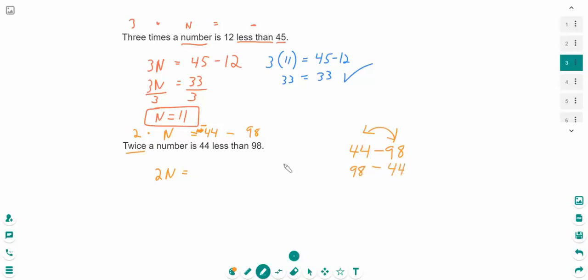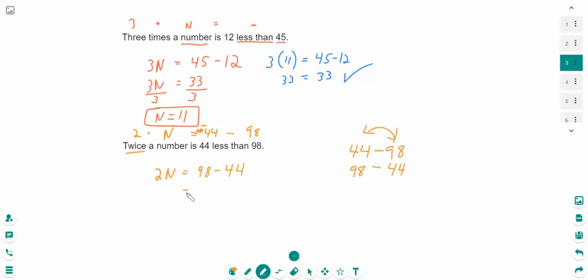All right? So make sure you don't fall into that trap. It's not 44 minus 98. We're not taking away 98 from 44. We're taking away 44 from 98. All right, so make sure that's clear in your head, because that's probably the most common mistake that people make with these problems. All right, so once again, we have 44 less than 98, so it'd be 98 minus 44,